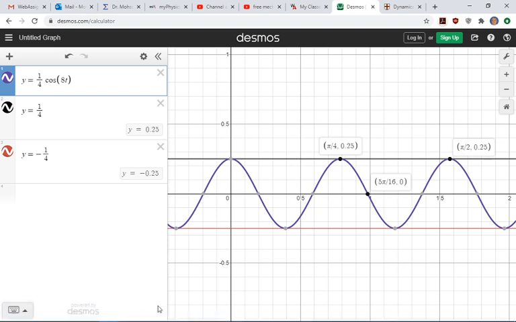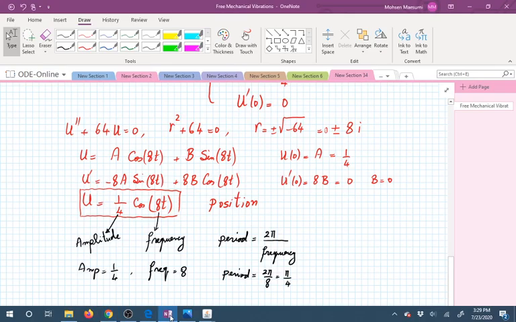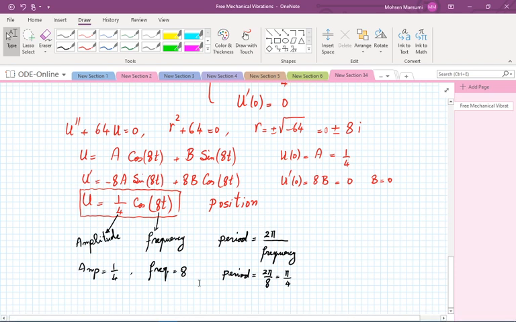Let's go back to our problem here. So we found the requirements that the problem wanted from us. This was a particularly simple one because there was no damping, and also there was no initial speed. In other problems, there will be a mixture of sine and cosine, or perhaps there's going to be an exponential involved as well. So the problems gradually become more complicated, and we are going to look at more examples of this in the